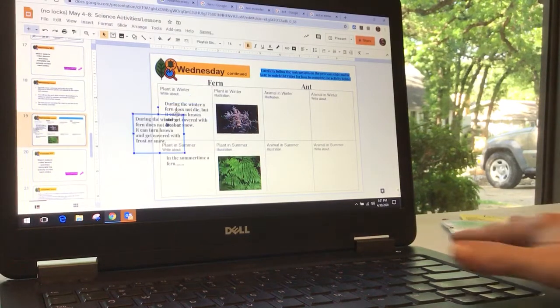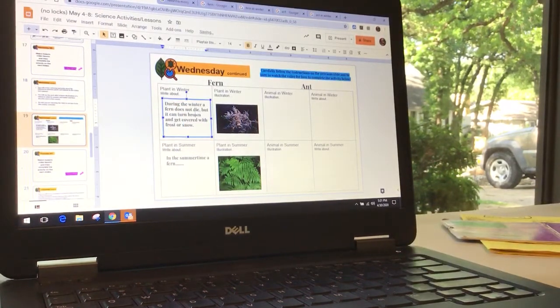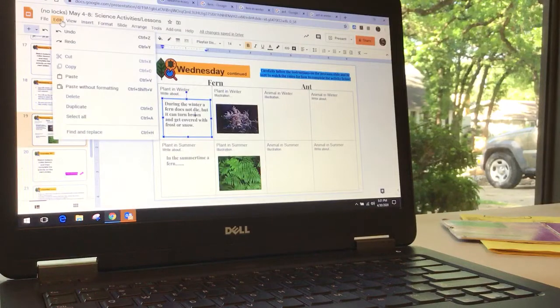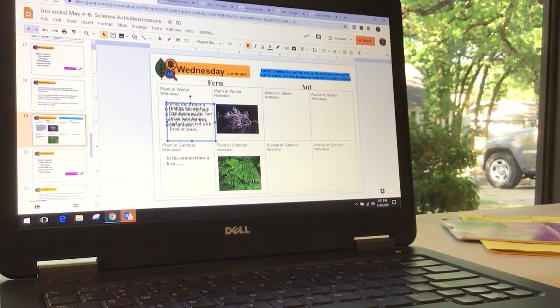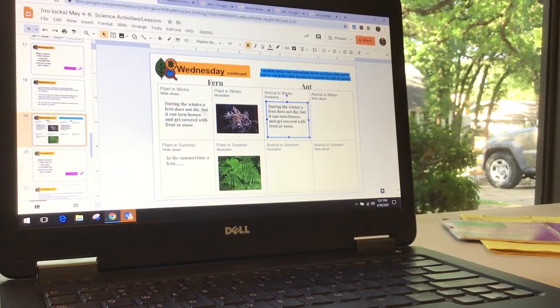Control D. Another way to do that is if you've clicked on it, you can go up to File right here, Duplicate, and see how it says Control D? Control D is just a fast way of doing that. So then now I have a text box that says exactly the same thing as it did for my fern. But obviously, during the winter,